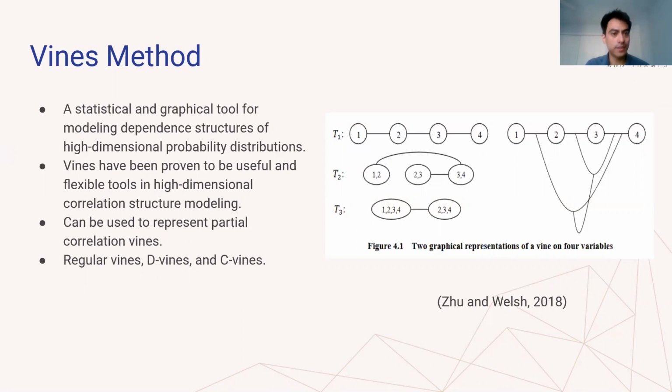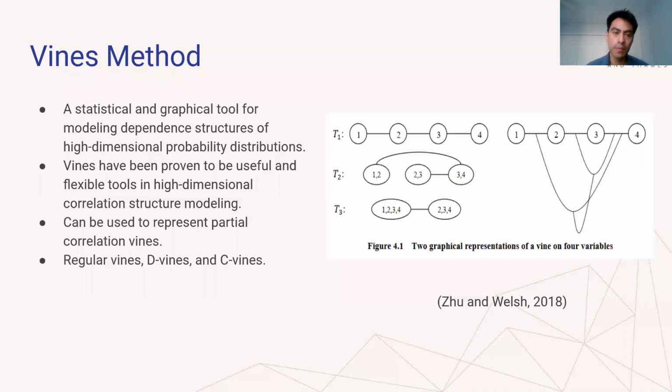And we use a substructure of the vines that is called the partial correlation vine. A vine is just a graphical structure, and it can have different underlying structures, such as regular vines, D vines, and C vines. And actually, the one you see on the right is called a regular vine. As you see from the graph, it's just a graph structure. You have your nodes, and you have some edges,